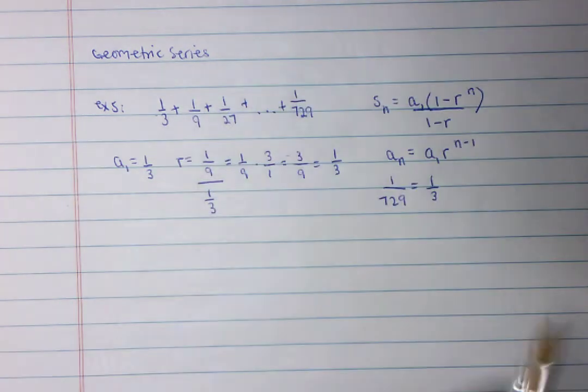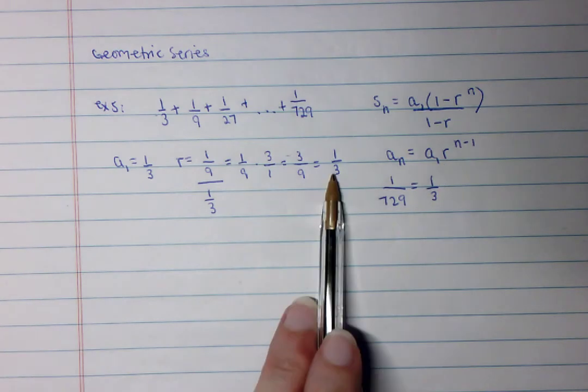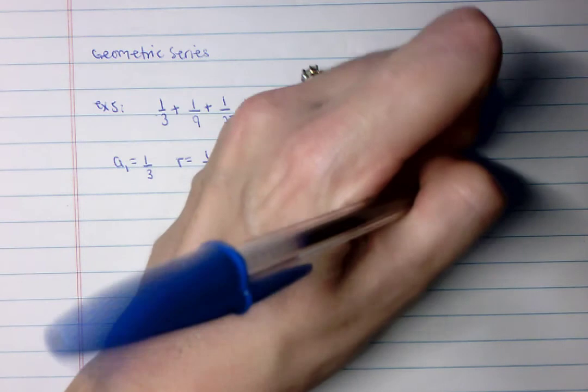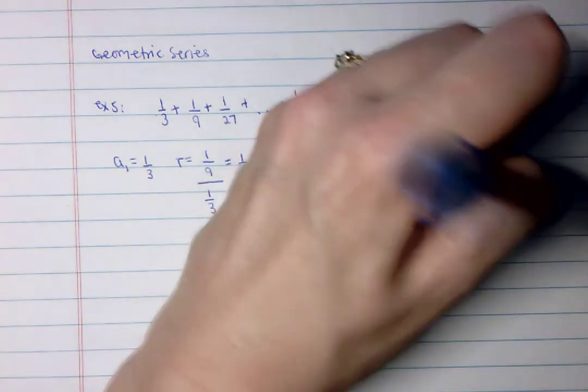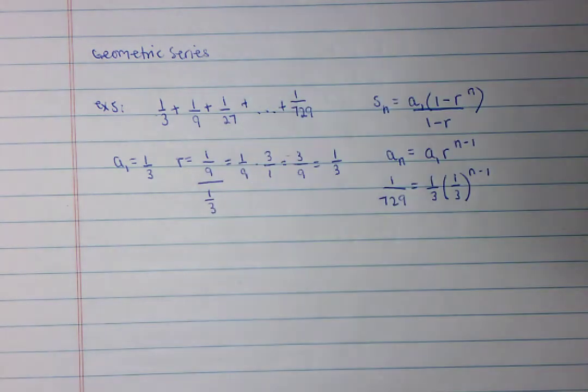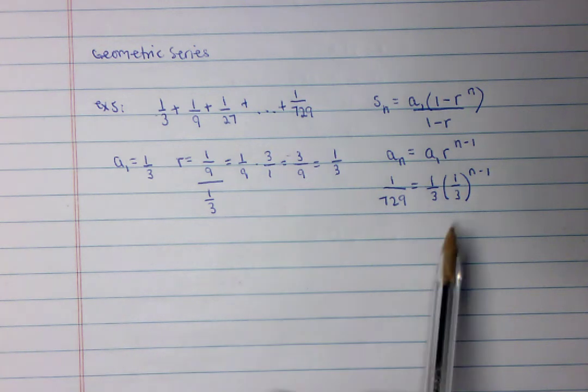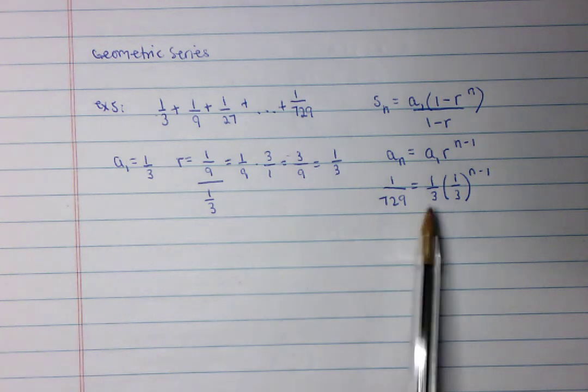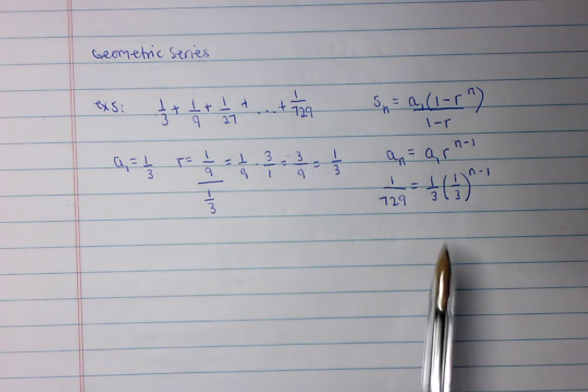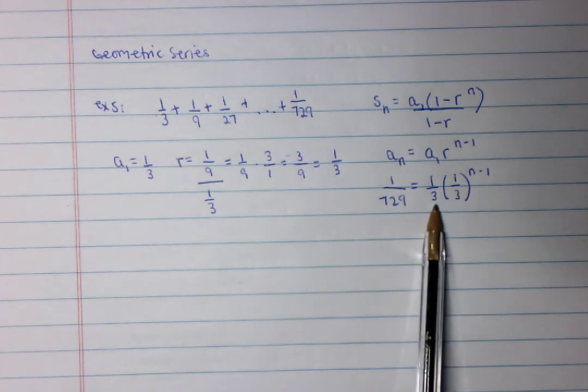And then we do have r now. We have r is equal to 1/3. So I'm going to put that in parentheses and say 1/3 to the n minus 1. I know this looks a little complicated, but hopefully not all the work that you do will be this difficult, working with fractions, but this is a little bit more of a complicated one because it's got fractions. What you would want to do to solve this is start by dividing both sides